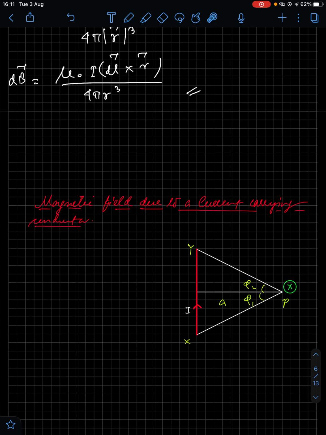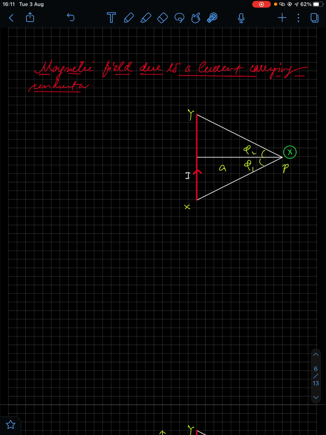Now we'll see an application: magnetic field due to a current carrying conductor. Actually this has a derivation, but I'm avoiding that because the syllabus has been shortened. For solving entrance questions, we'll be using the relation, but I don't think the derivation is necessary. If interested, you can go through the book, and in a separate class I can clear any confusions. For the regular class, I'll avoid that mathematical derivation.